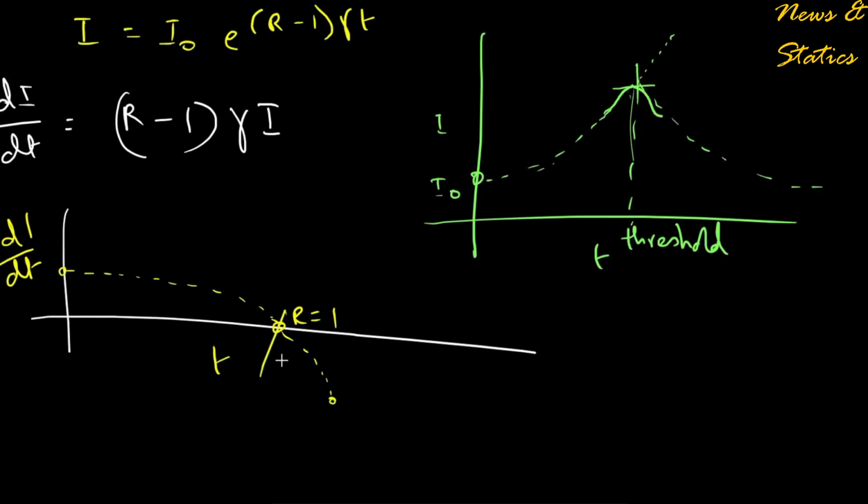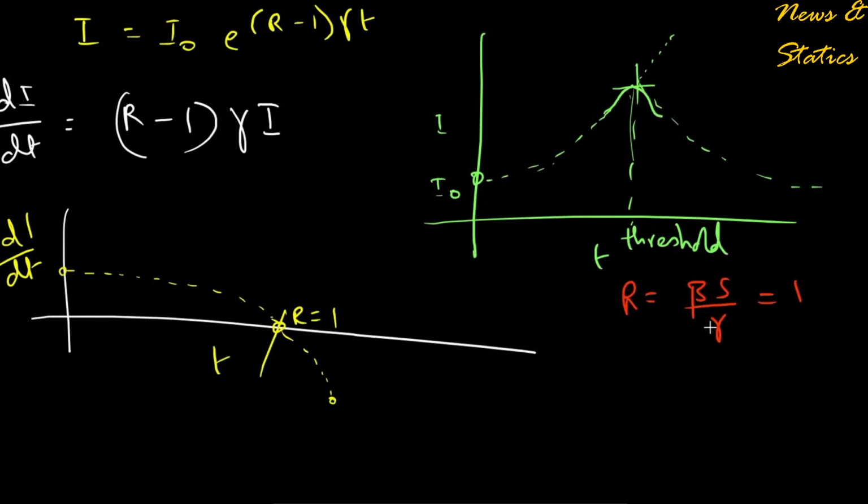What's important to understand is essentially that the susceptible population is decreasing. We very well know that the susceptible population is decreasing. So when R equals 1, we can do the following mathematics. We already know that R equals beta S upon gamma. But when R becomes 1, that means